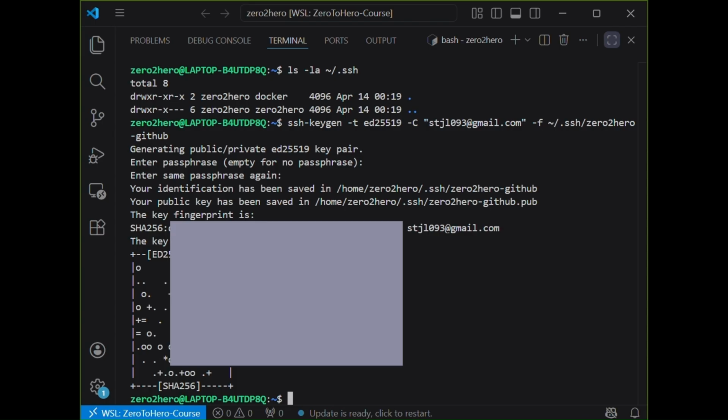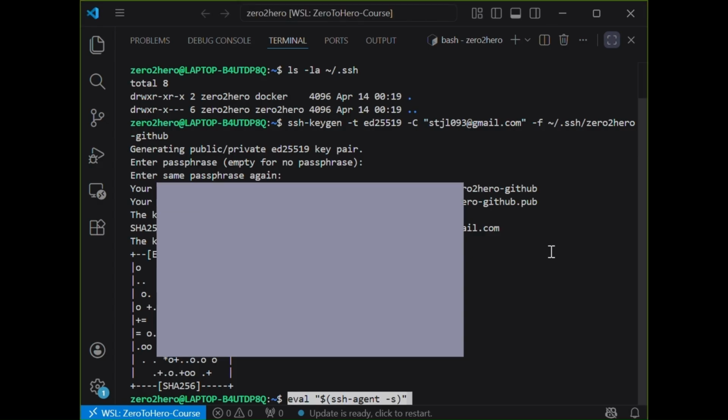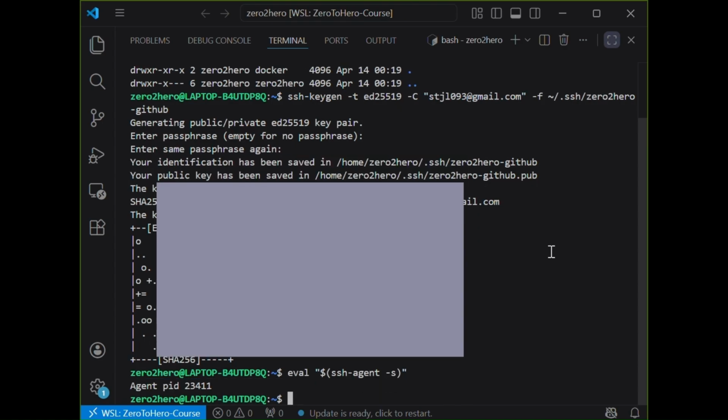Now, we need to tell your system about this new key. We do this using the SSH agent. First, start the agent by typing this command. This starts the SSH agent in the background.